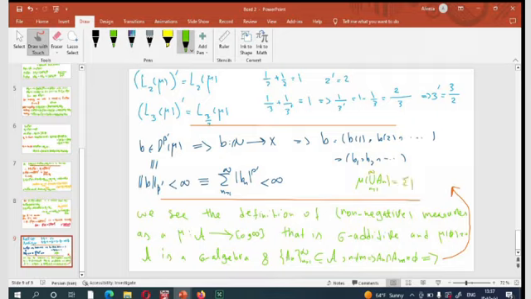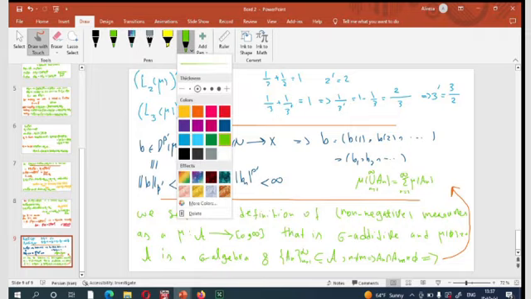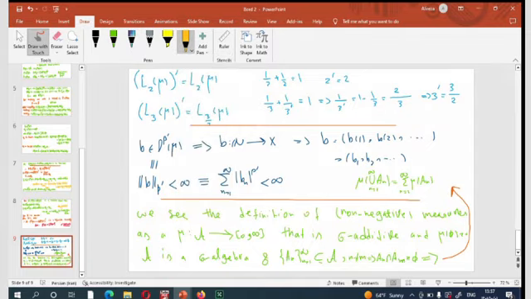Okay, if we have these two properties, this is the property that we call sigma additivity of mu, and mu of empty set equal to 0. We say this is a measure, but the range of mu was this interval. Okay,